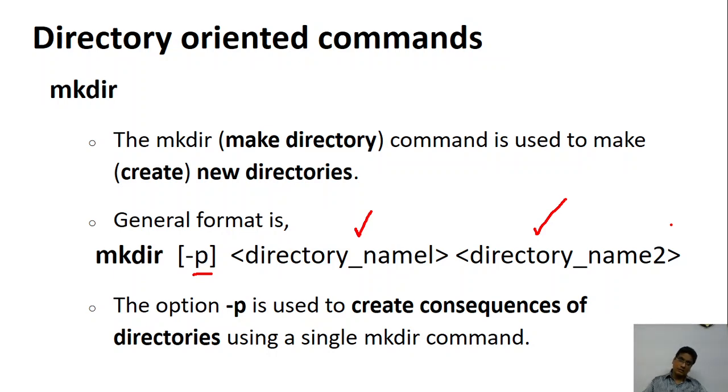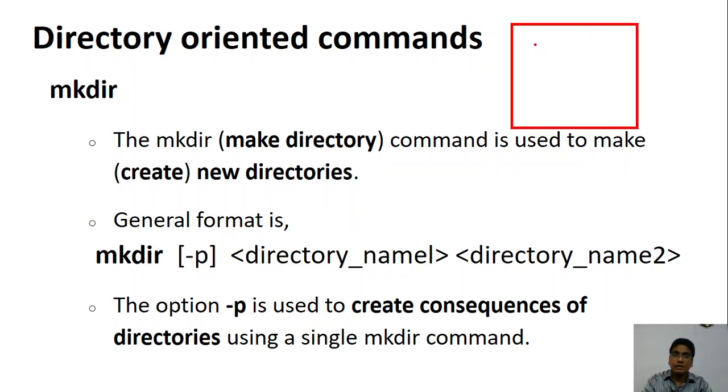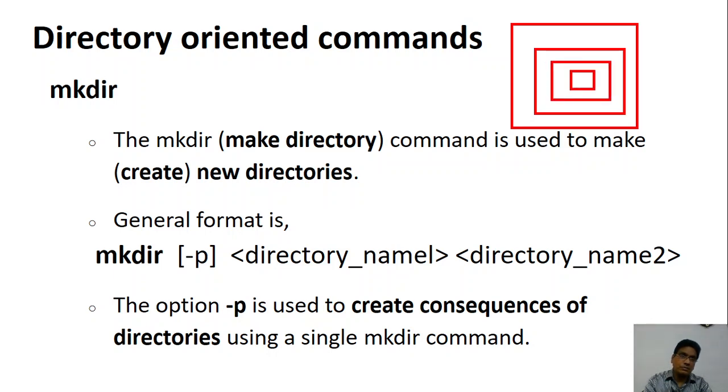Now if you want to create one directory inside the other directory, like you want to create Kannada inside Kannada, or English, let's say inside English non-detailed, inside say prose, and inside it poem. So you want to create one folder inside the other folder. How do you do that? For this, in one shot, you can't create it directly. Then you have to use the -p option. The -p option will create one folder inside the other folder, inside the other folder, and so on and so forth.